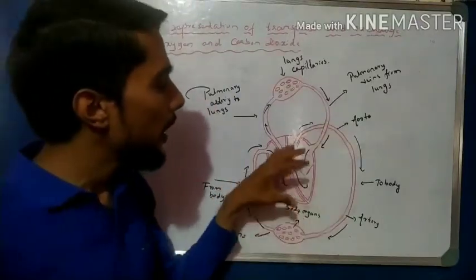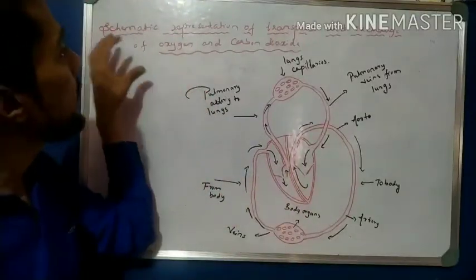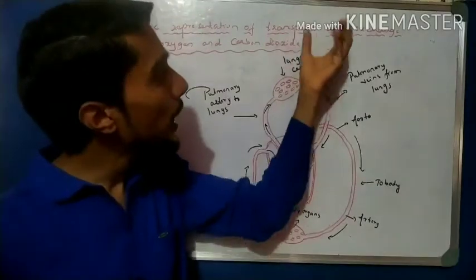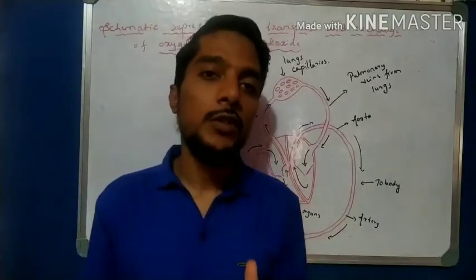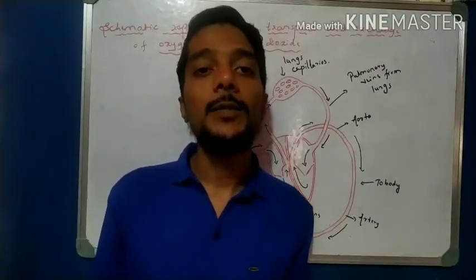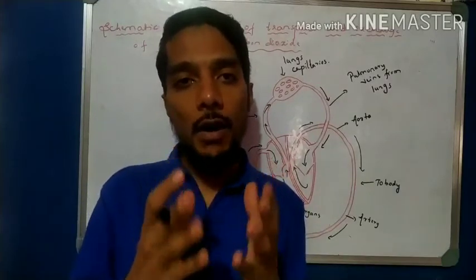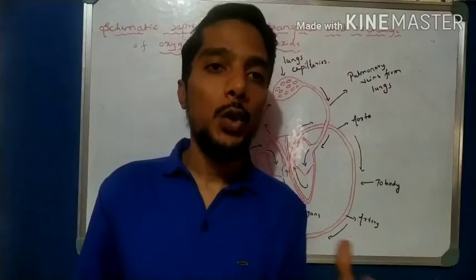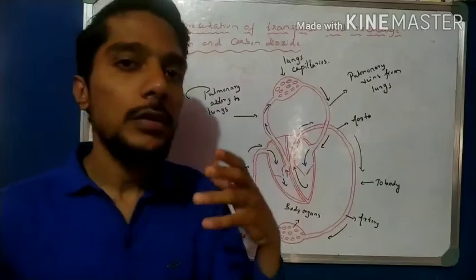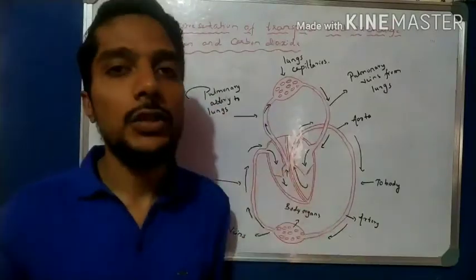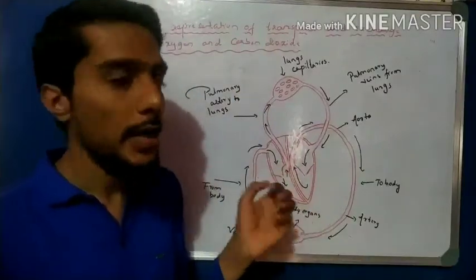Okay, so the center part is nothing but your pumping organ, the heart, and here the title is schematic representation of transport and exchange of oxygen and carbon dioxide. We know that the transportation system consists of blood, and the blood helps in the transportation of nutrients, carbon dioxide, oxygen and many other materials, with the help of the pumping organ. Now how the transportation and exchange takes place, we can understand easily by a simple schematic diagram.